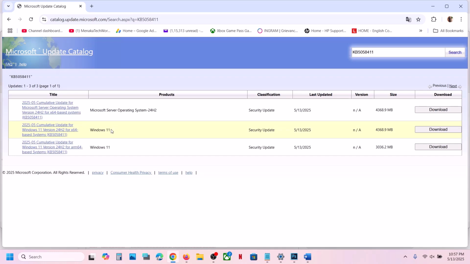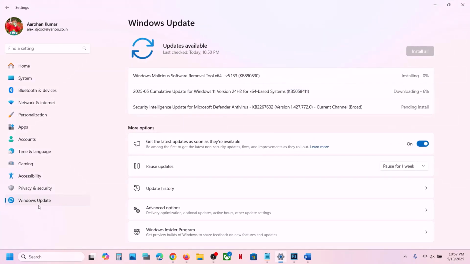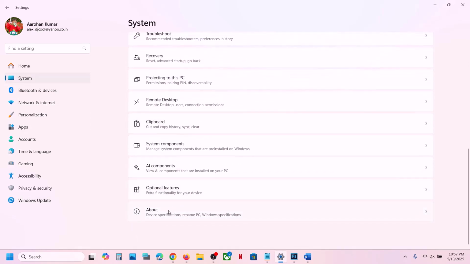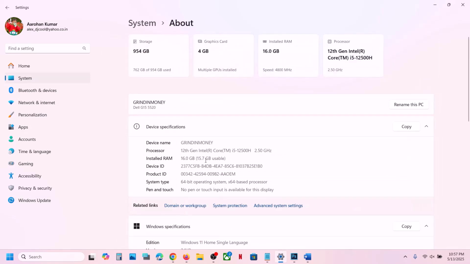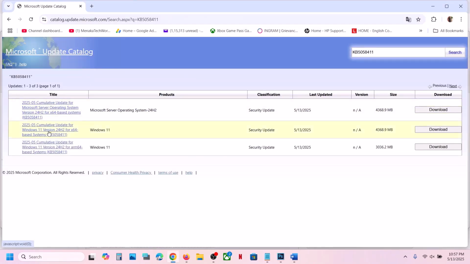Now over here you can see Windows 11 version 24H2 for x64 based system, and this is the right one for me. So you can check what kind of system you have. You can go to system, you can go to about, and over here you can see in my case it's 64-bit operating system. So for me it's Windows 11 version 24H2 x64. So click on download over here